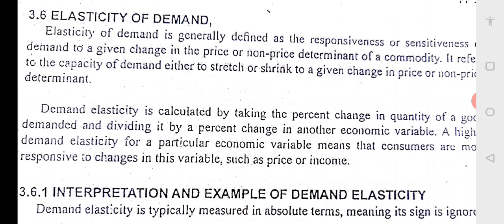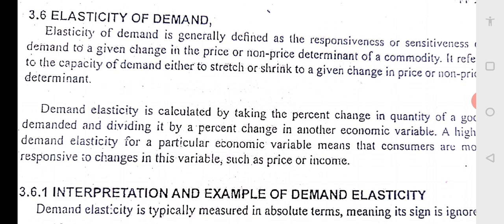The price elasticity of demand is calculated by taking a 10% increase in demand, because for 100 bottles it is now selling 110, so that is 10% increased demand, and dividing it by the 25% decrease in the price. Earlier the price was 2 rupees, now the revised price is 1.5 rupees, so the reduction is 25% of the price.